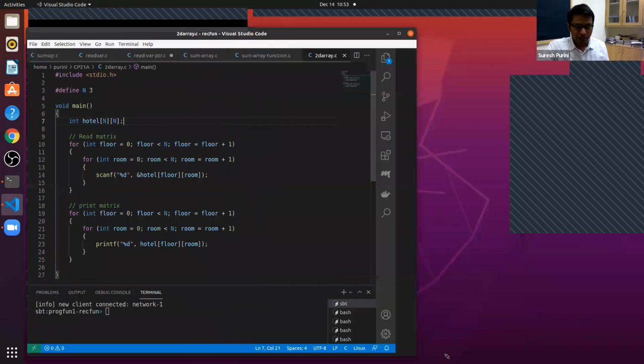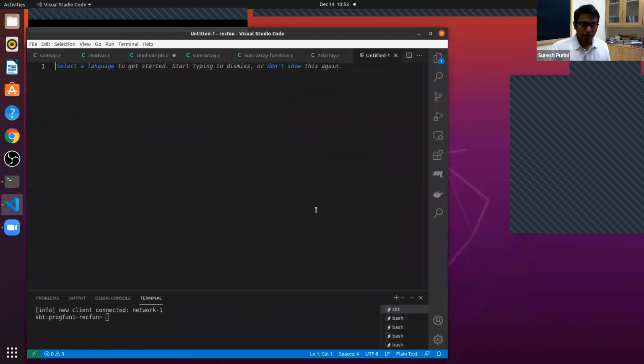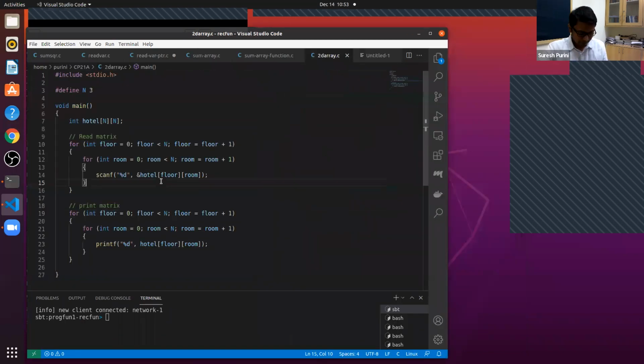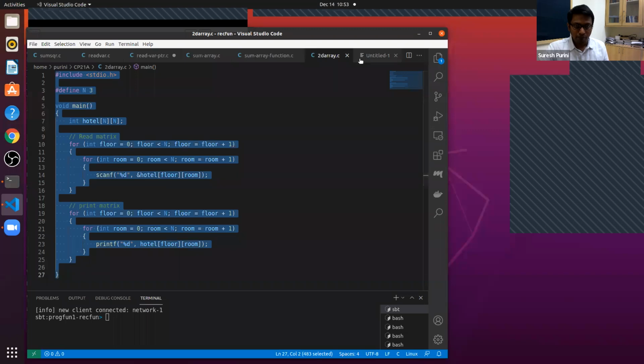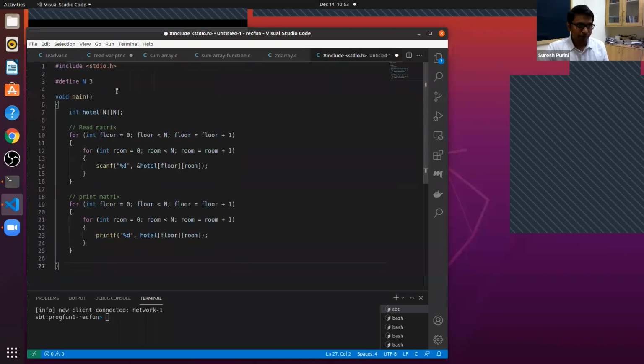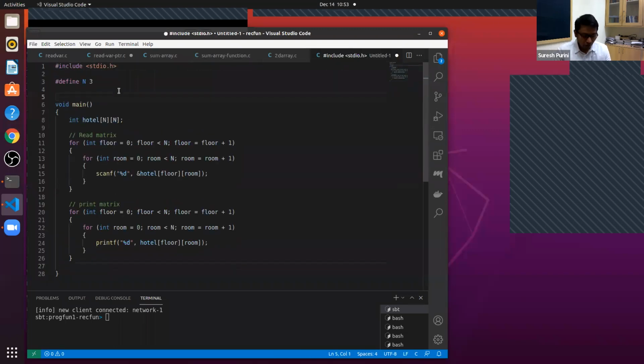Last idea for today's session. So we want to have this thing, read matrix. And the important thing in a matrix is that in the second dimension, we have to give the exact value of the dimension. We cannot just leave it empty.